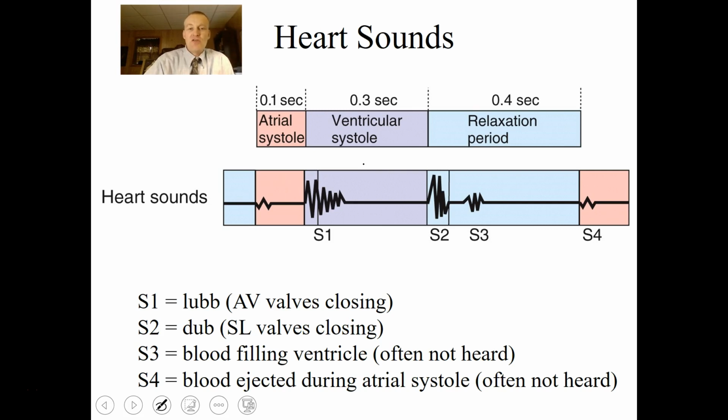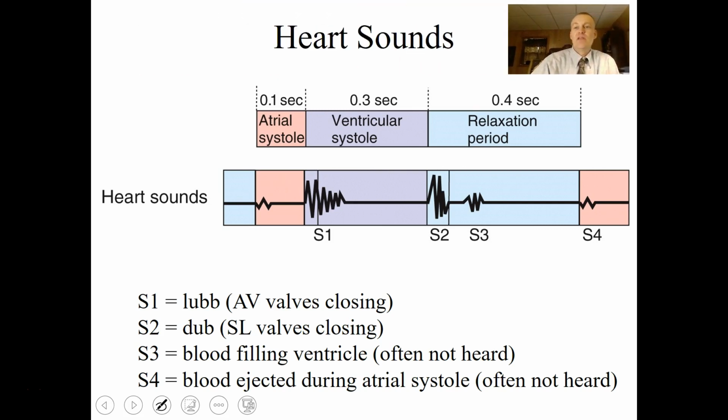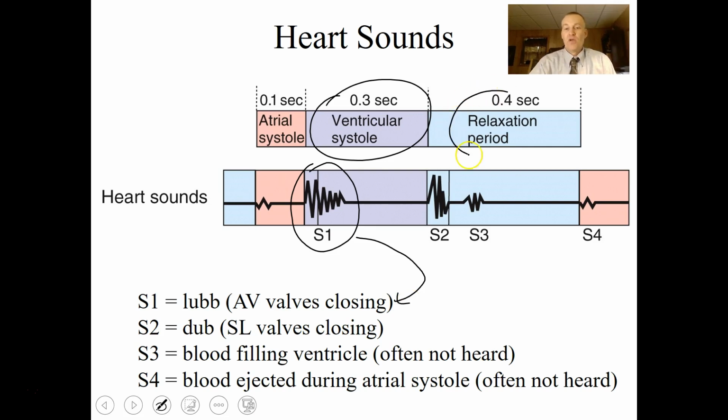Heart sounds are also correlated with the cardiac cycle. So during ventricular systole, when you have the closing of the AV valves, that's S1, sound 1, or the lub sound that you can hear. During ventricular diastole, you have S2, so the semilunar or pulmonary and aortic valves are closing,